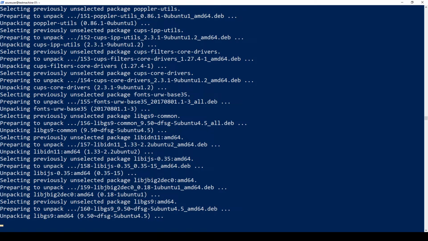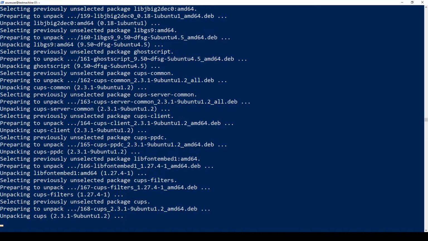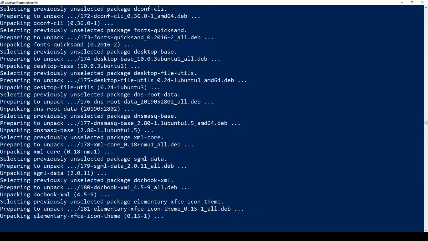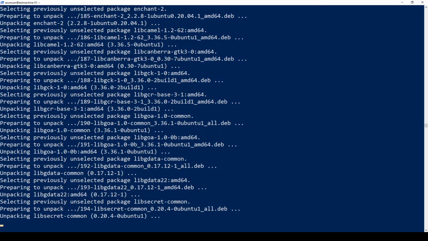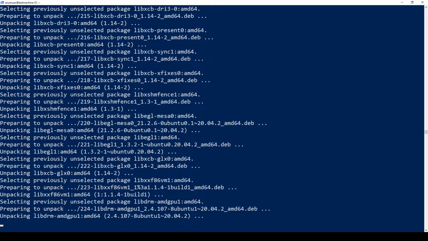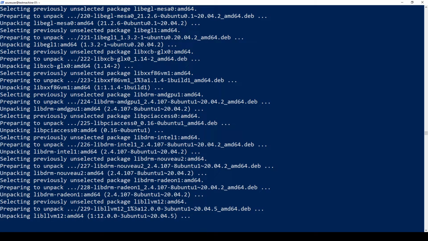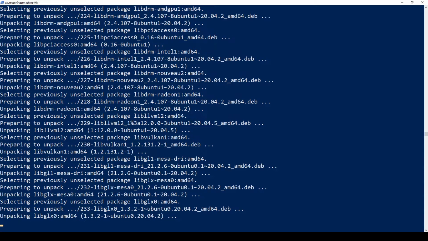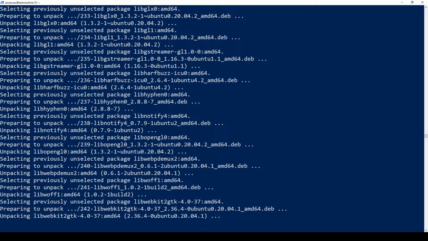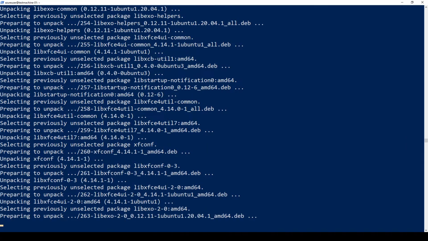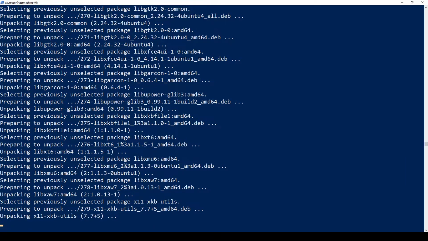Okay, so what it's doing now is getting the desktop environment ready so we can have our graphical user interface, or GUI. After that is ready, we're going to have to install an RDP server on the VM so we can enter through it like if we were using the Windows Remote Desktop, for example, to enter our computers.